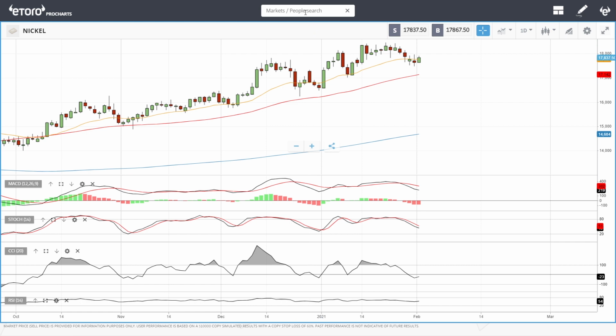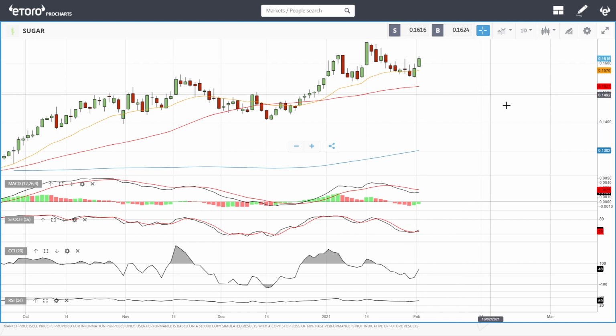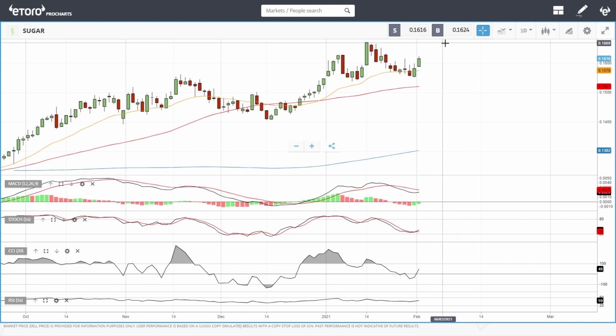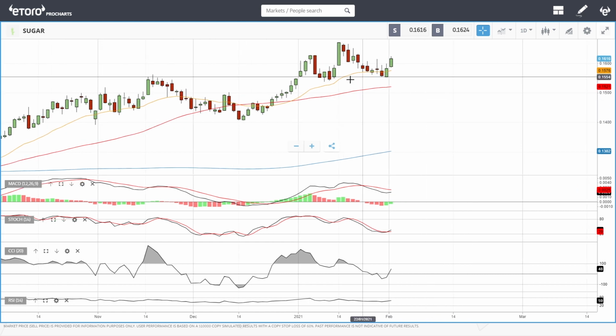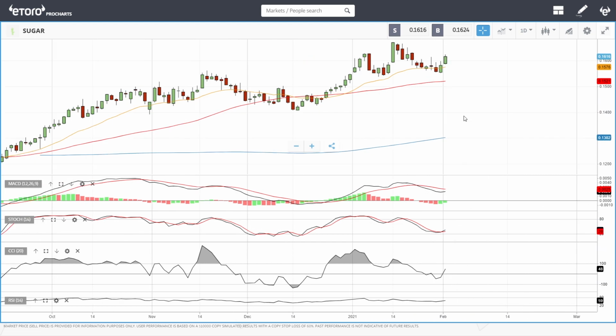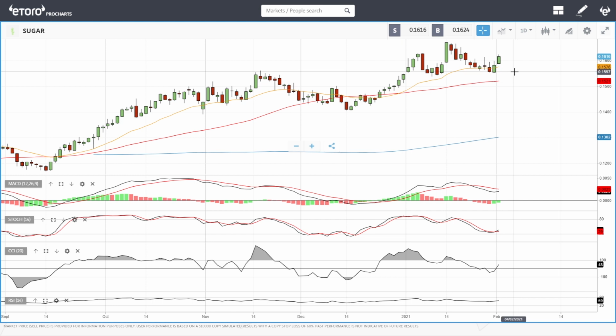So let's look at sugar. As you can see, we have rallied here. We are trading at 0.1616, and at this point, we are most likely going to these very highs. We're running into some resistance here at 0.1626, but these highs here are 0.1670. That is our target at this point. The 20 and the 50 are major support. So every time we get to the 20 or the 50, that is basically a buying opportunity. Technical indicators are turning around at this point. So yes, stop loss underneath here and a target of these very highs.